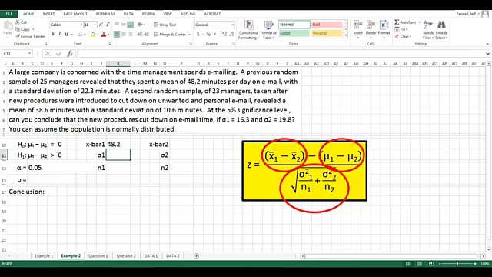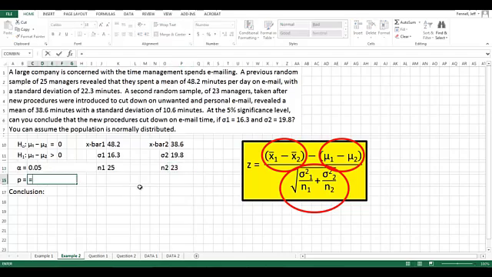We were given the population standard deviation of 16.3 for the before information. The sample size we took was 25. Similarly for x bar 2, a sample mean of 38.6, a population standard deviation of 19.8, and a sample size of 23. So with all that information down,